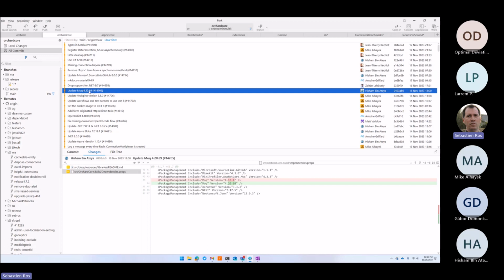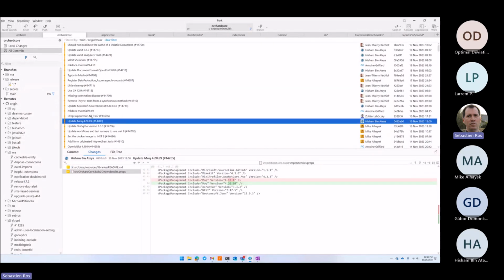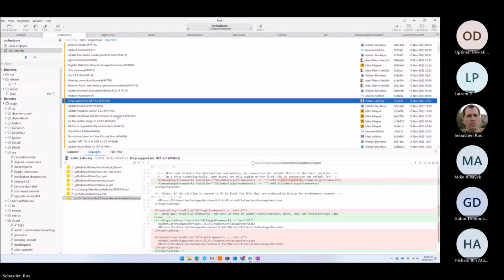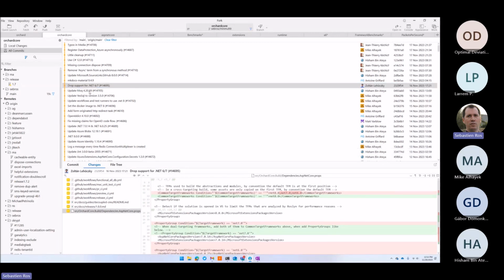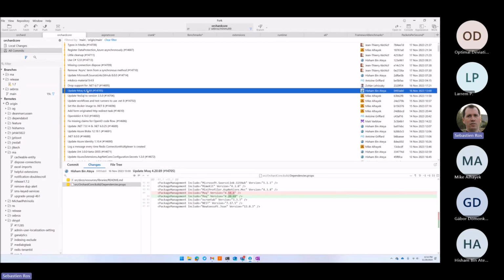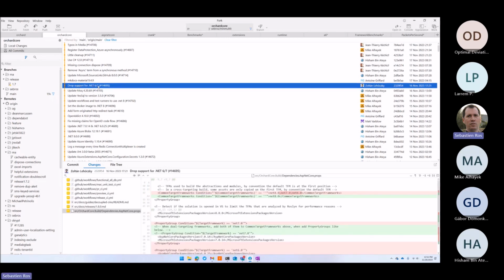If it's a minor, like .68 to .69, it has to be explained because there is no reason. It's not a breaking change. There is no new feature. It may be just a typo. There is no reason to update. It's just a build for nothing. A patch version, a minor, maybe. A patch, maybe not.